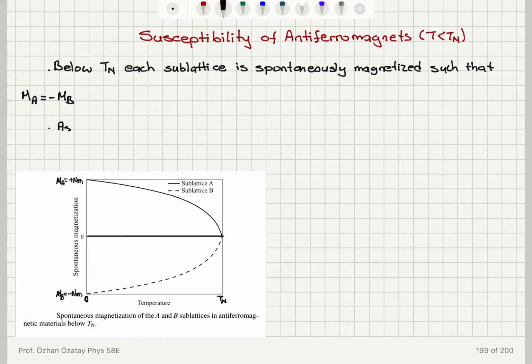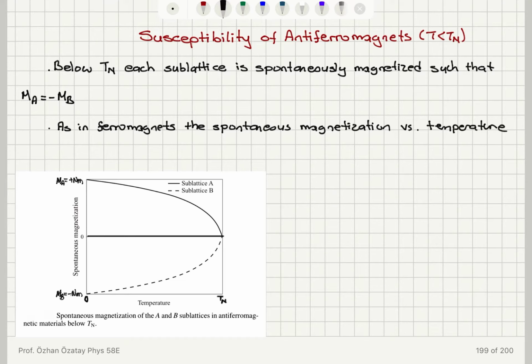So as in ferromagnets, the spontaneous magnetization versus temperature follows the Langevin or Brillouin function,